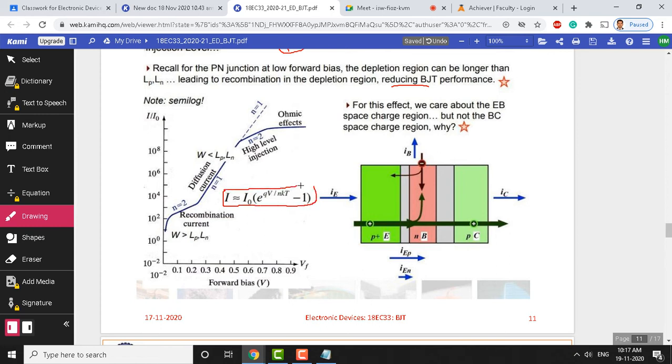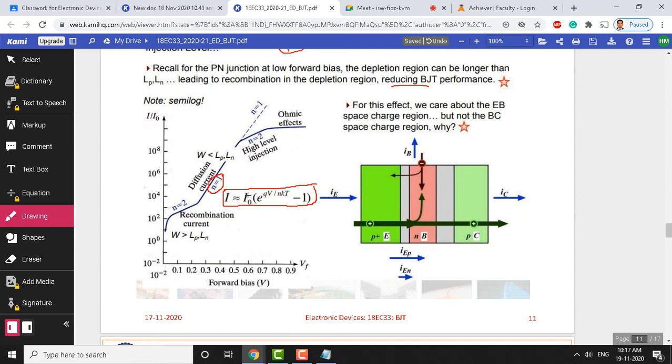The current through the diode or PN junction for a normal diode is I equals I naught times e to the power of qV divided by N kT, where V is the applied voltage. The N value is going to be 1 for the normal operation here. So, this is the diffusion current, or current flowing through the PN junction.